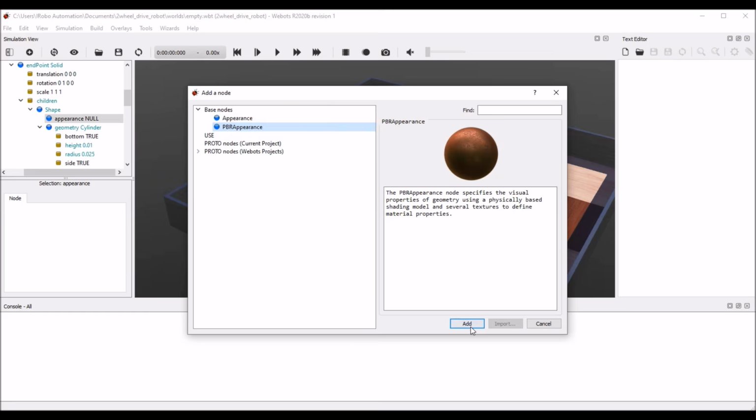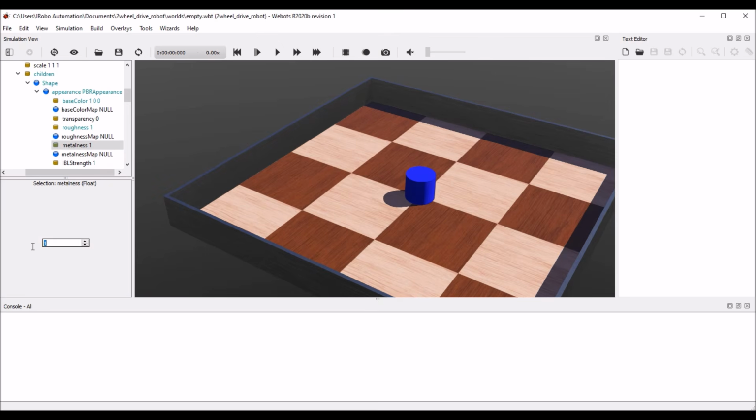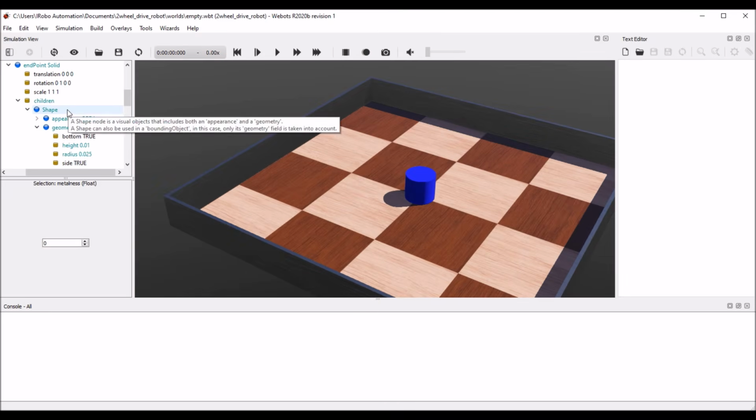add PBR appearance, then color, I want red in color, so green and blue make it 0. Then roughness you add it by 1, metalness make it 0. Okay, and in the shape you can name it as,